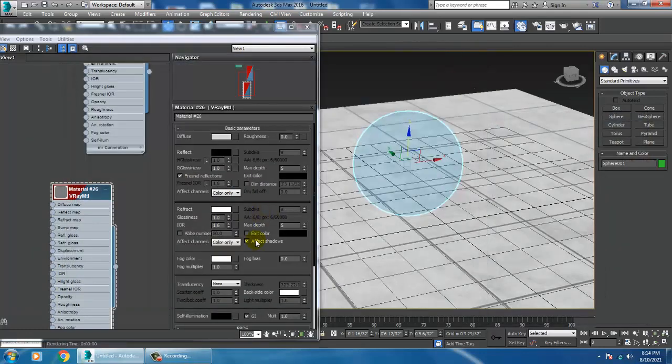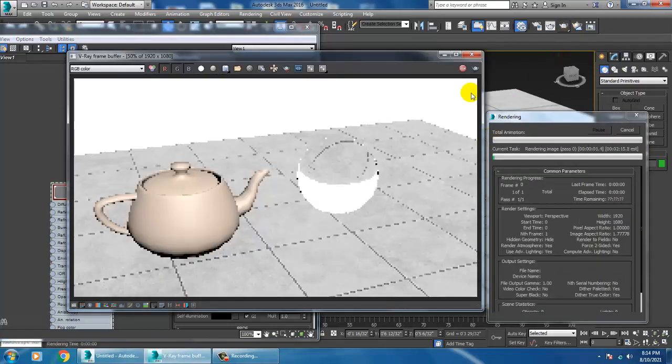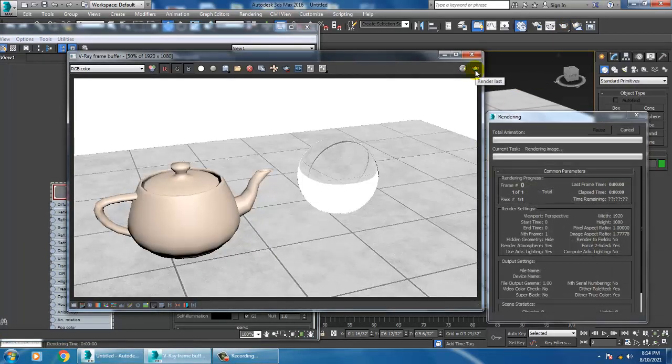Also in the glass material, you have some properties called IOR, that's index of refraction, that can be defined. If you increase this IOR, the thickness of this glass can be increased. Let's render it. Before that, you have an option over here where you can just select this much part and render it.